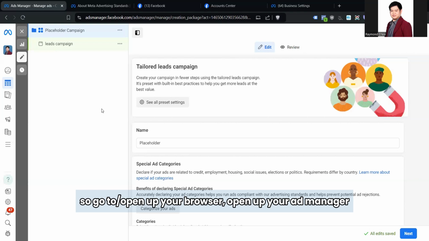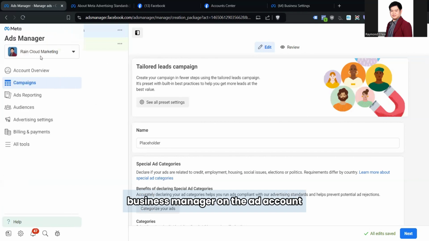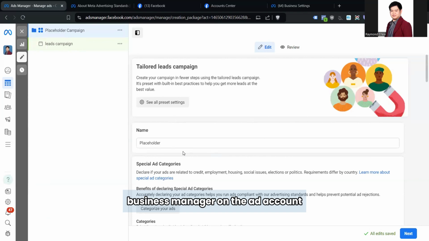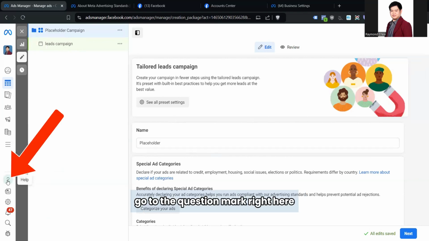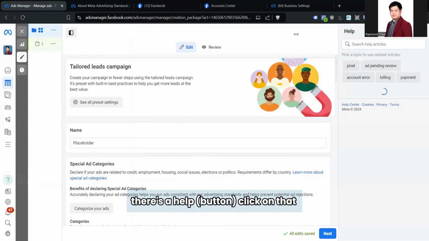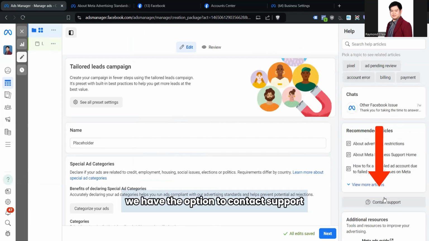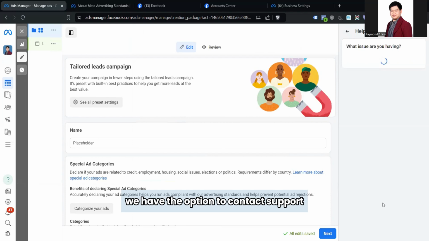This can only be done on your web browser. So open up your browser, open up your ad manager. Now on your ad account, make sure you're on the right business manager. On the ad account, go to the question mark right here. There's a help option. Click on that. So this is where